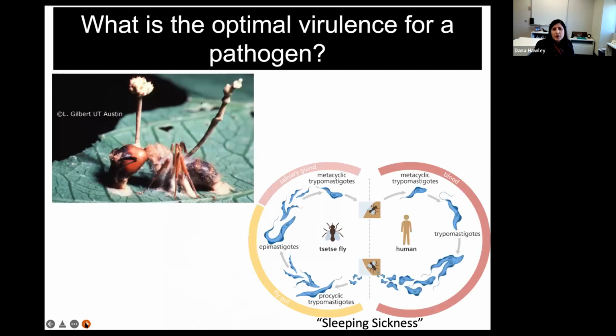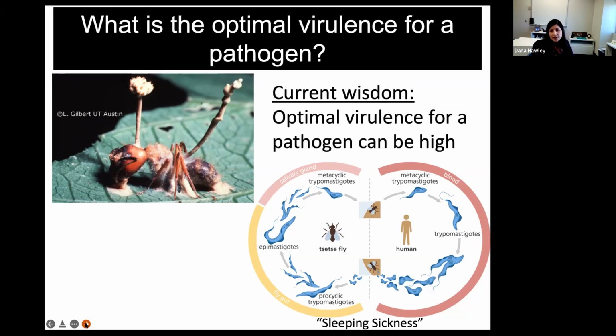Now that may be true for a number of pathogens, but we also know that there are lots of pathogens that have been around for centuries or millennia in their hosts, and yet are highly, highly virulent. So we have, for example, the entomopathogenic fungi that cause their insect hosts to turn into mushrooms, killing them in the process. We have sleeping sickness that's been around in humans since at least the 14th century, which causes this coma-like state from a trypanosome infection. And so we know that not all virulent host pathogen infections are simply too new.